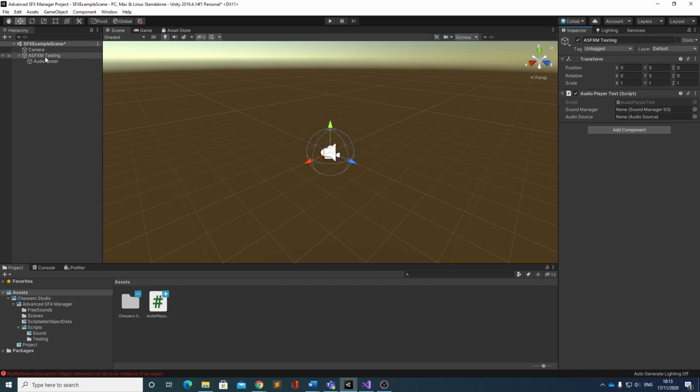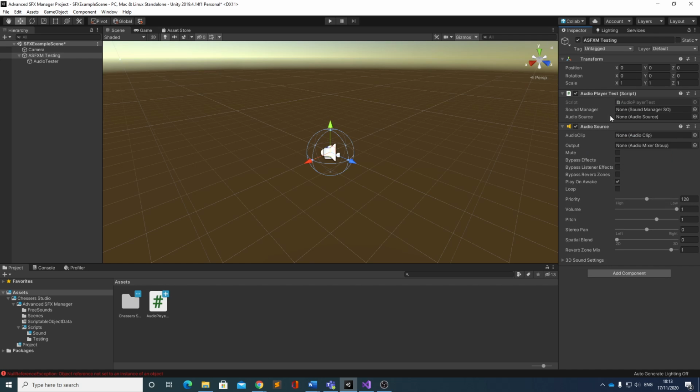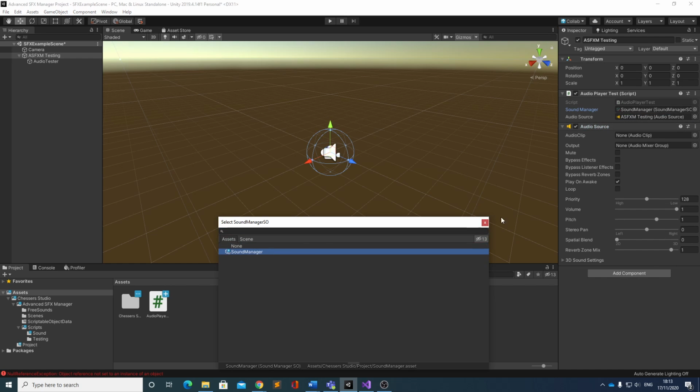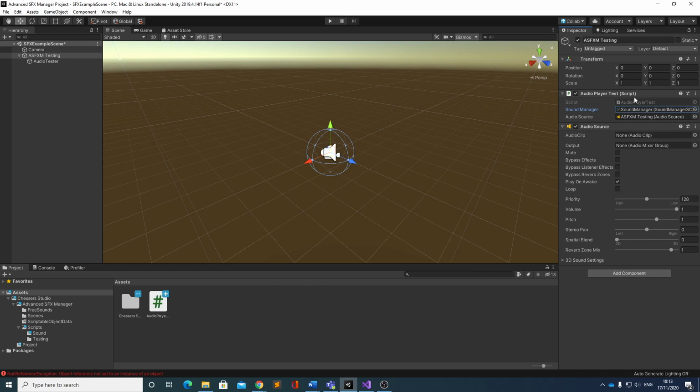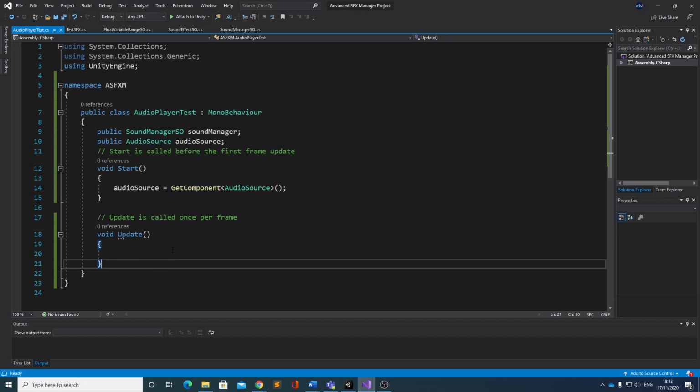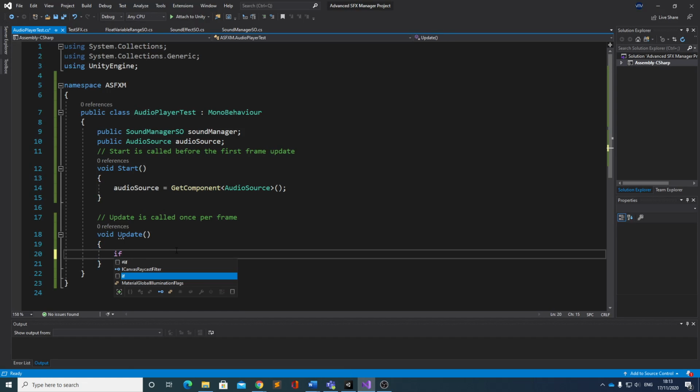and we've given this ASFXM testing our little script which you just made. These ones are pretty self-explanatory how they have appeared, and let's give it an audio source component now. Audio source, and I'll drag it in here. Let's also drag in our sound manager here. So we have the necessary components for this to work, and now with a simple function, so let's say if